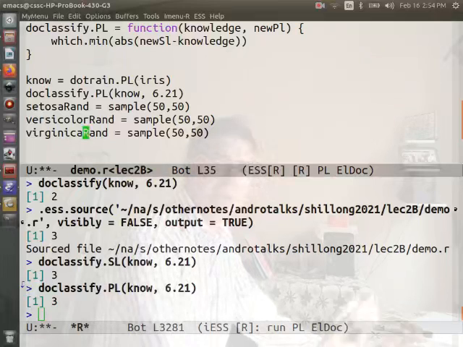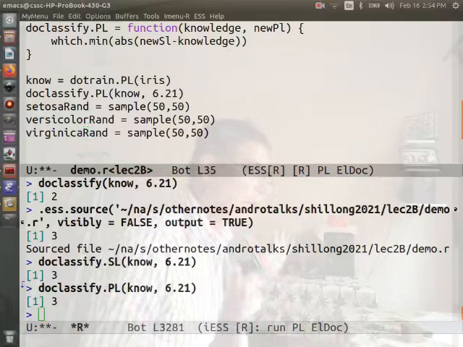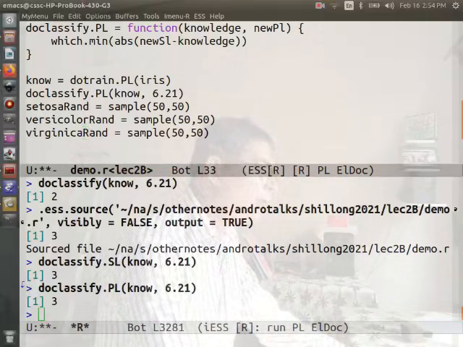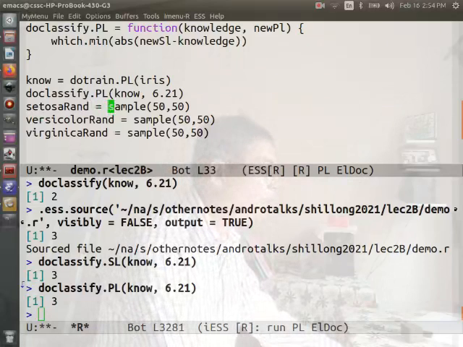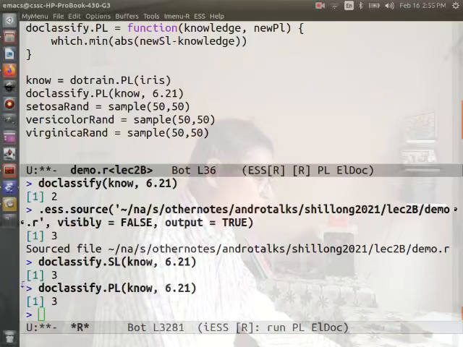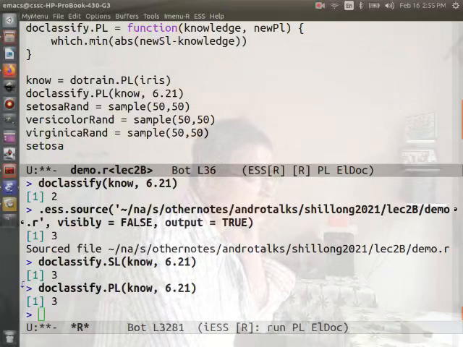I am just writing everything in longhand. You can do things much more compact. Okay. So after you have randomized, I can just use the randomized data in the following way. It might help if I just split up the different things. So I will take my setosa things as